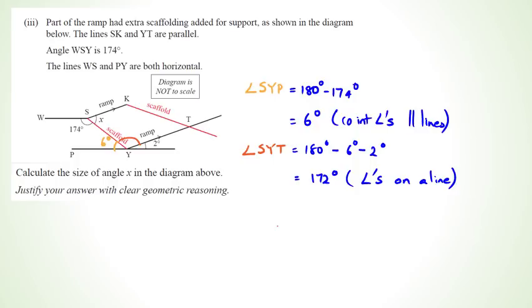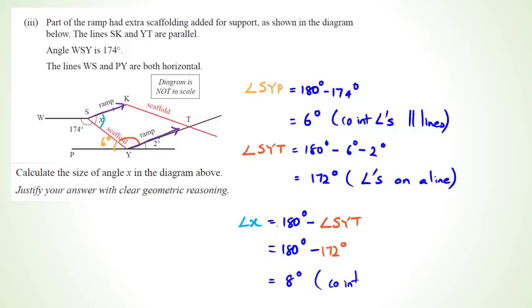Now, because there's a parallel line, I've got these two parallel lines here. I can now figure out what x is, because x and the orange angle are going to add up to 180 degrees. So angle x is equal to 180 degrees minus the orange angle, which is SYT, which is 180 degrees minus 172 degrees, and that's going to give me 8 degrees, and that's because they're co-interior